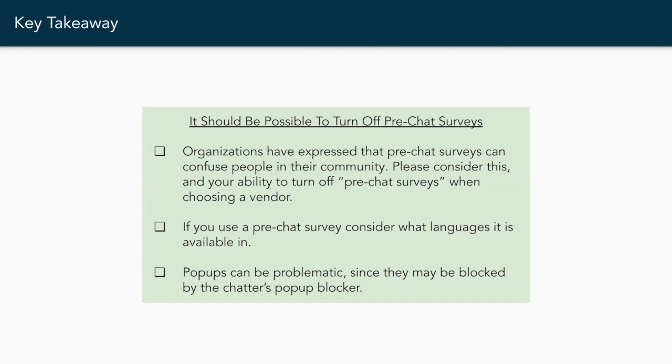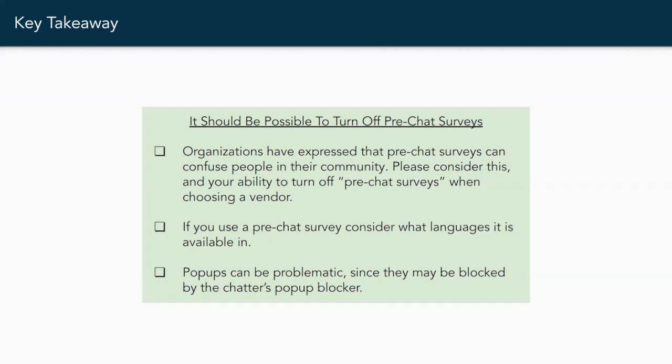But what we've learned is that it can be confusing on the survivor's end, on the user end, because it might lead the survivor to consider that they are already getting services, or that they're registering for something or registering for services. It can also lead to challenges if a pre-chat survey is only in English and is required to begin a chat, but the agency provides services in languages other than English, and a client isn't able to navigate their way into being connected with an advocate as smoothly as possible.